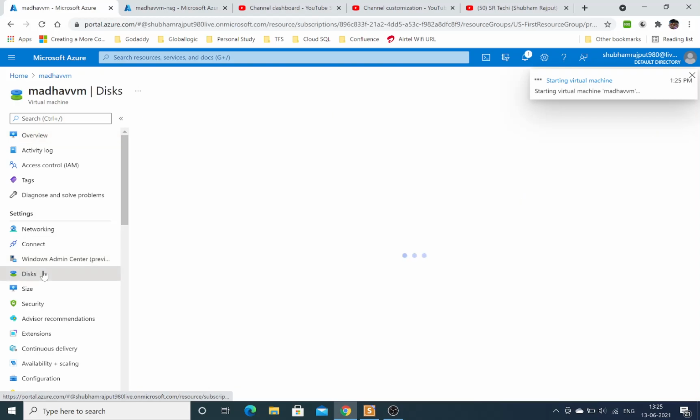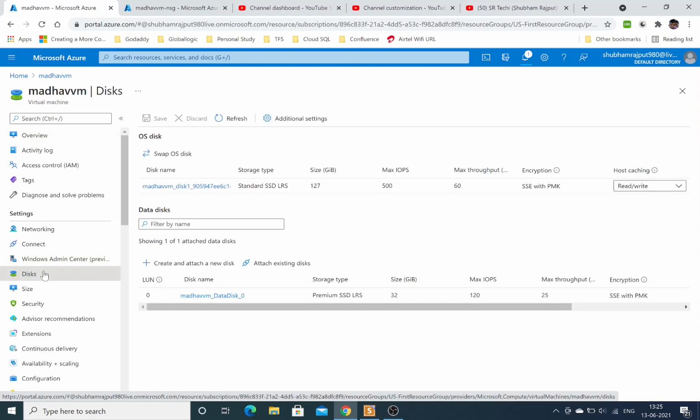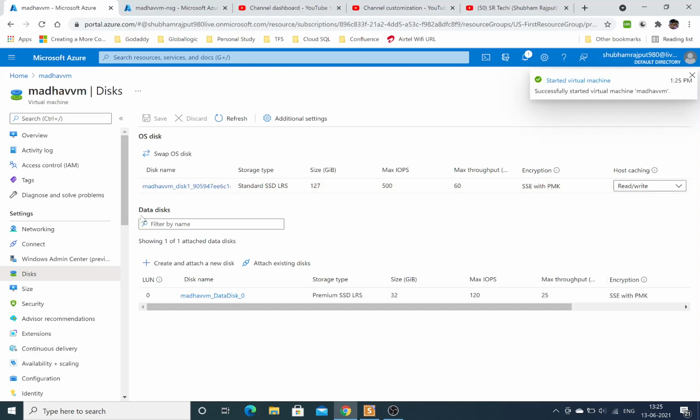In disk, basically we have two types of hard disk that we created at the time of virtual machine creation. The first one is the OS disk. This is 127 GB with standard SSD, and this is the data disk in which your data will be stored.